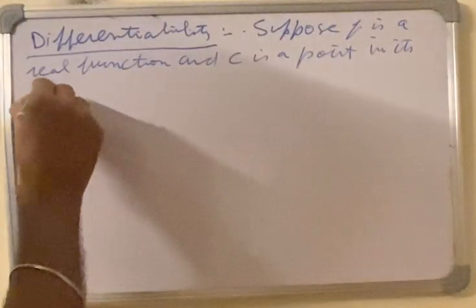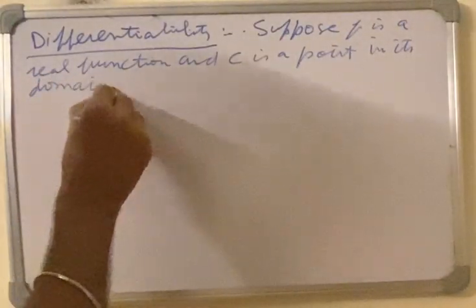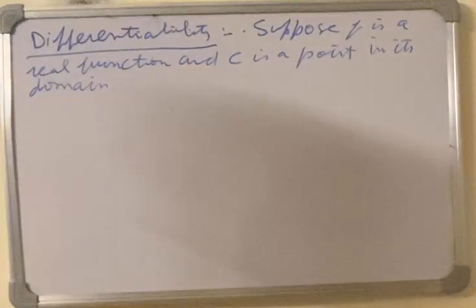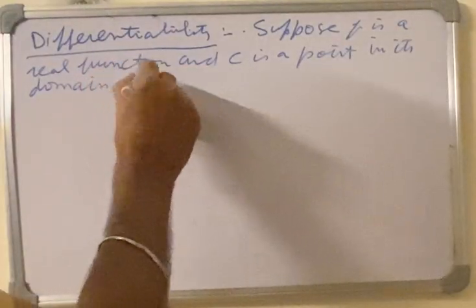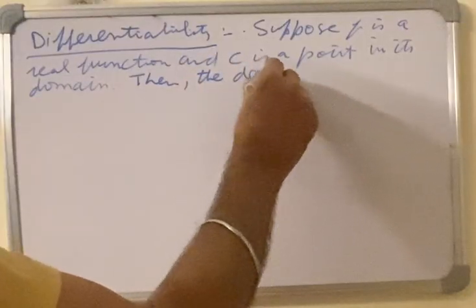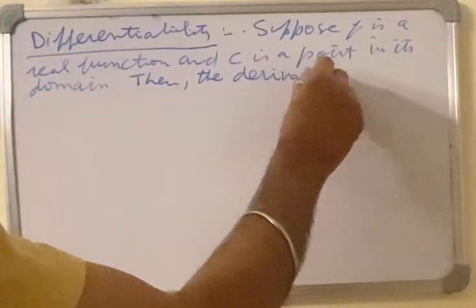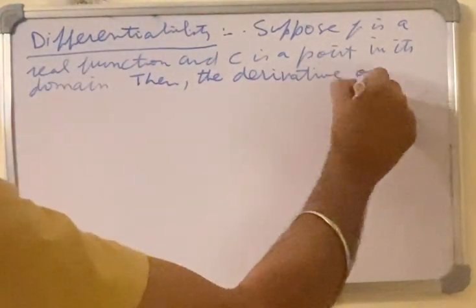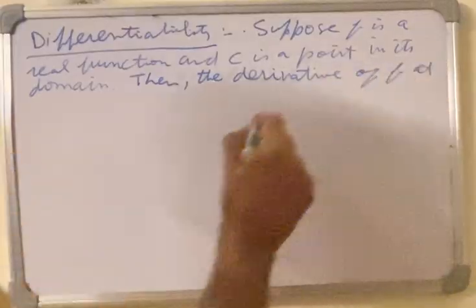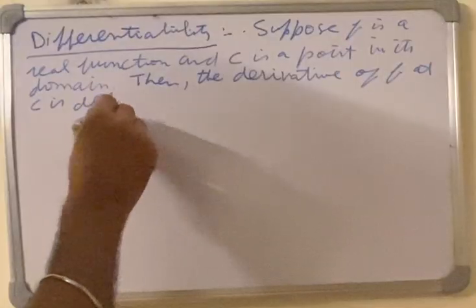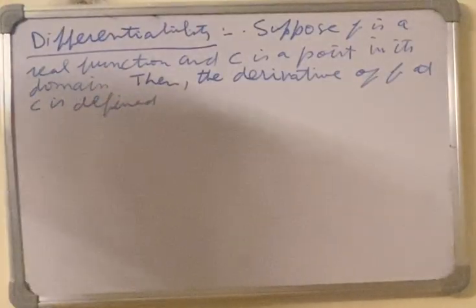Then the derivative of function f at point c is defined by